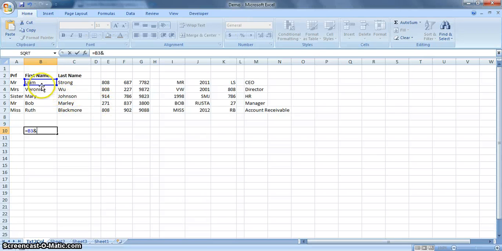Ampersand, and I'll show you something. If you just click the position and press enter, it's actually not going to separate the two. It's going to smush them together, and we don't really want that, so I'll delete that. What we're going to do is we're going to click equals the name